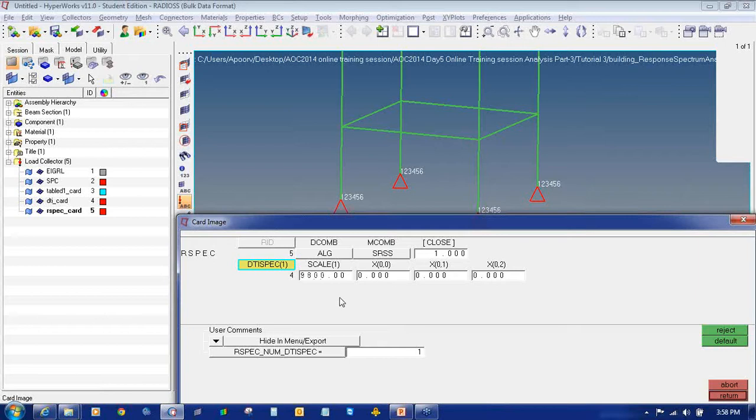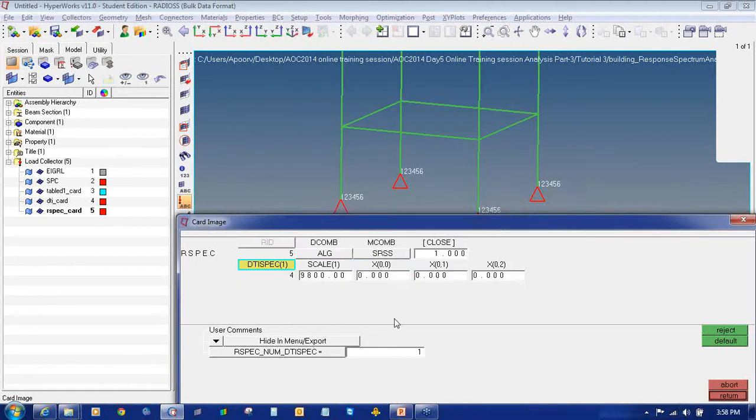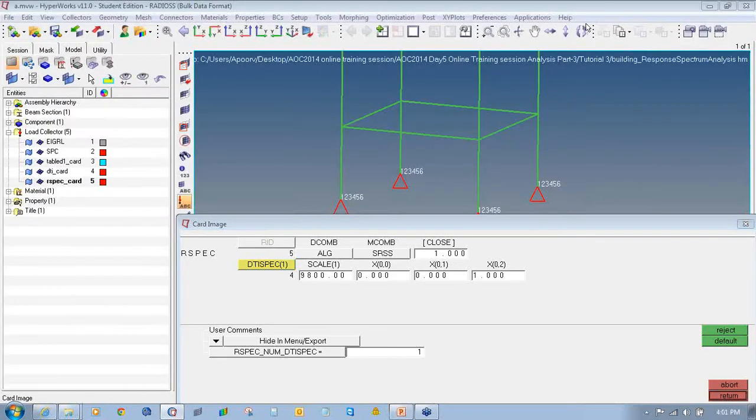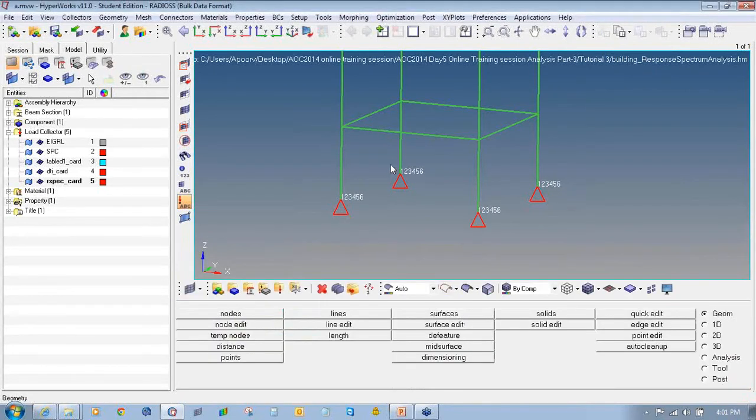Since the direction of excitation of the structure is in global Z direction, we will enter the values as x00, x01 will also be 0, and this will be 1. So I have edited these details. I will click return. Again I will click return to exit the load collector panel.